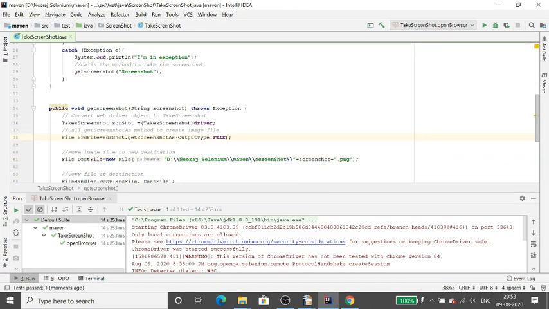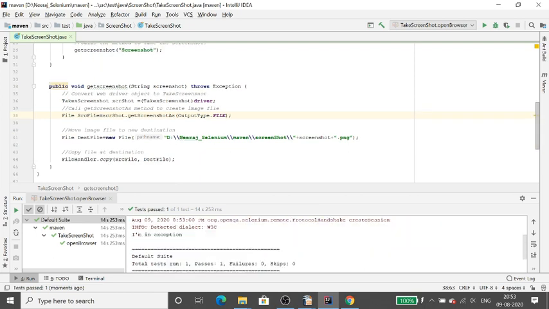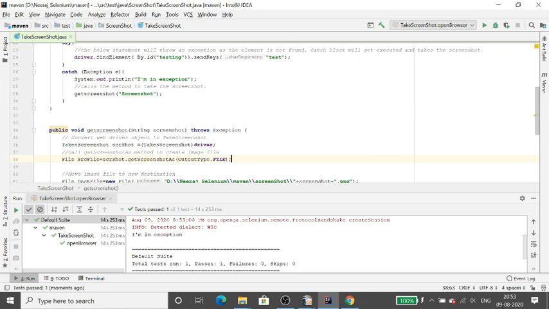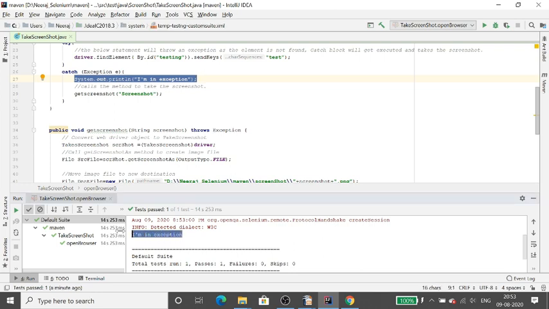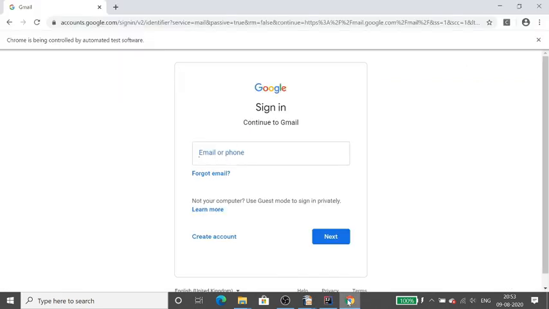Now you can see that my script is executed, and I have also used a print statement in my catch exception. So it has moved to the catch block, and you can see it printed "I'm in exception". So this method will be executed, and once it is executed, the screenshot will be captured for this screen.